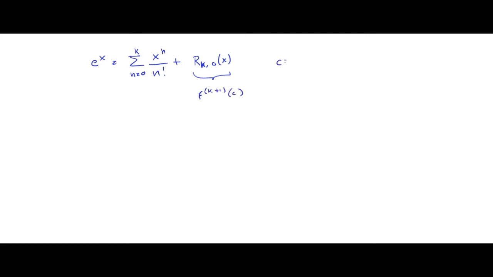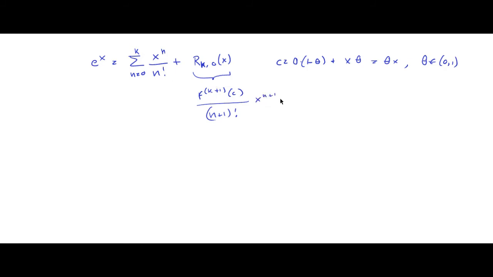And remember, we can write c as 0 times 1 minus theta plus x times theta, or in other words, theta times x, where theta is in 0, 1, divided by n plus 1 factorial times x minus a, in this case 0, x to the n